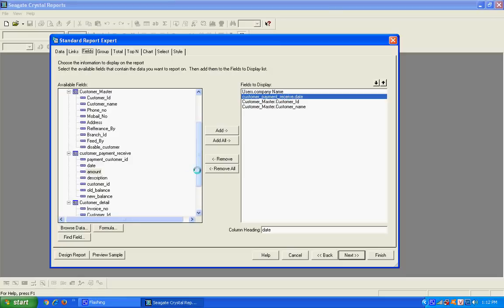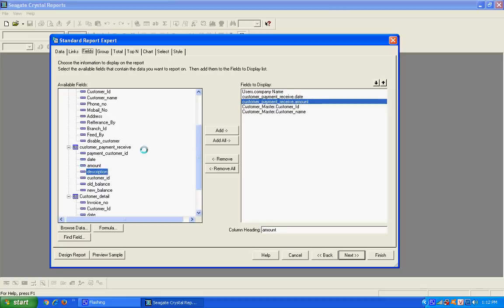Next we are going to add another field, amount, because this is the amount that we receive from the customer. All customer payment received data is saved in this amount field. We calculate this field, and then the system can calculate who is the best, who is the most profitable customer for us. These are the fields we need. I am going to press next.